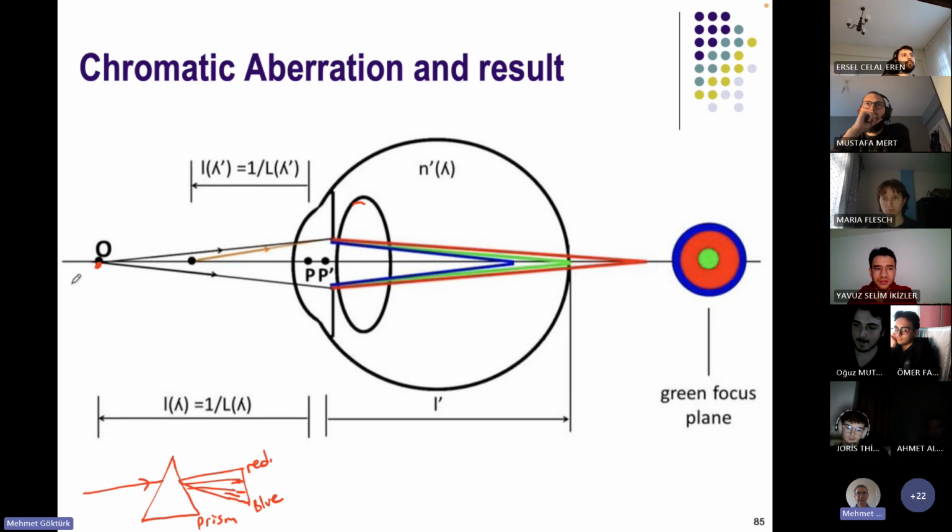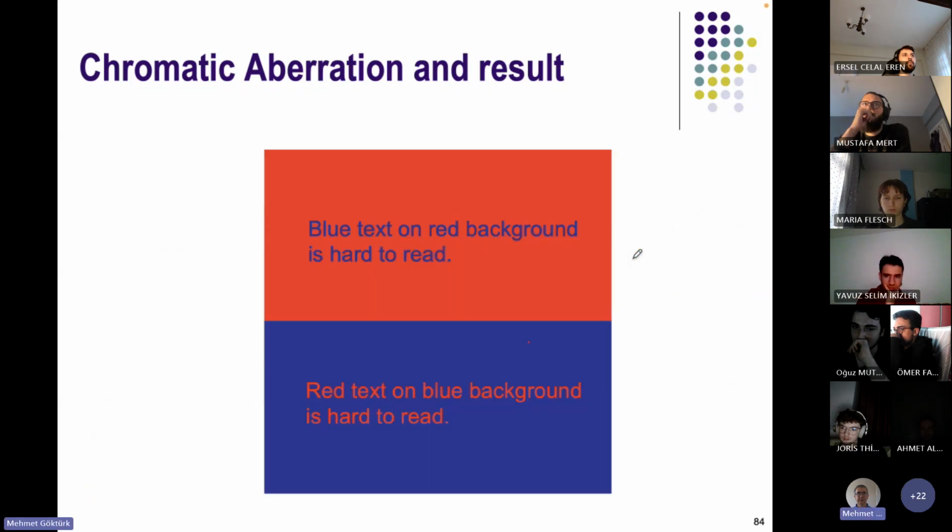Therefore, our retina cannot get an exact image. Some focusing happens early, some other focusing happens late. So it is imperfect. Therefore, using these kind of edge frequencies